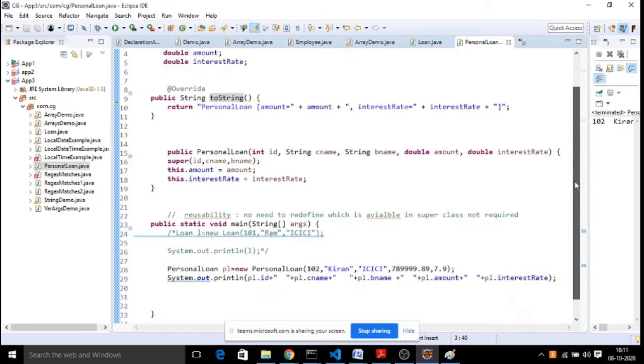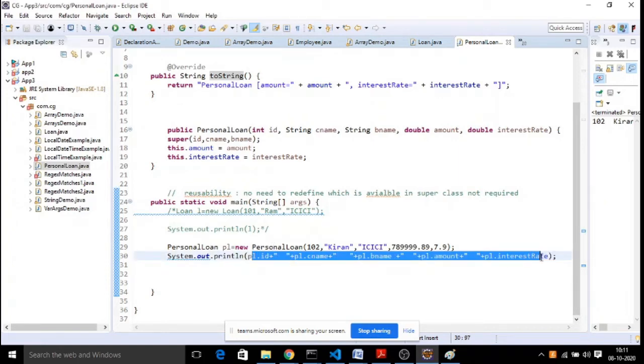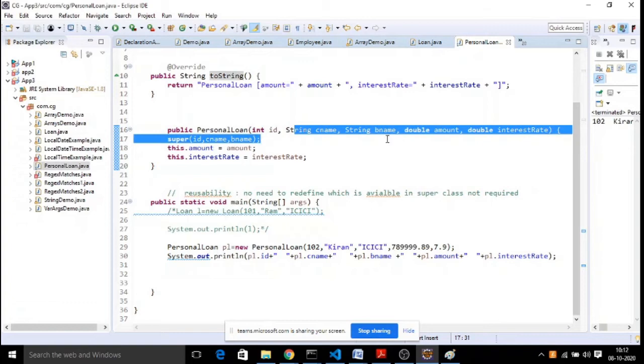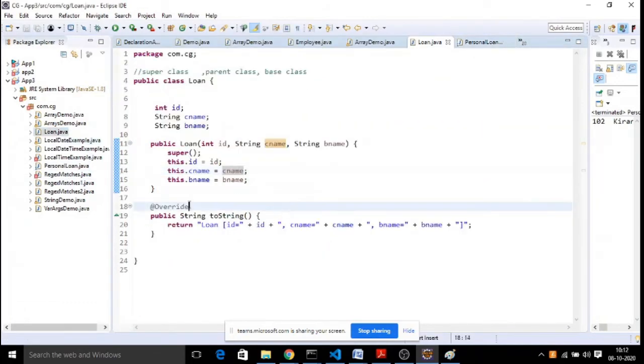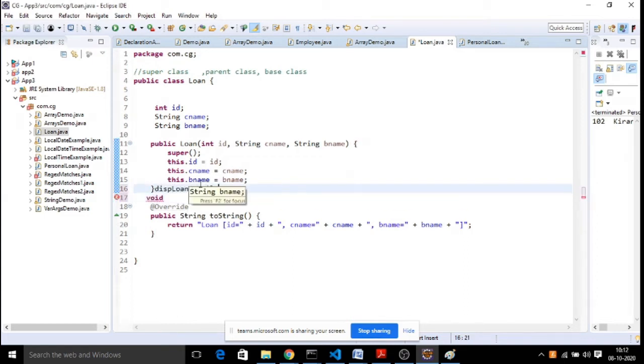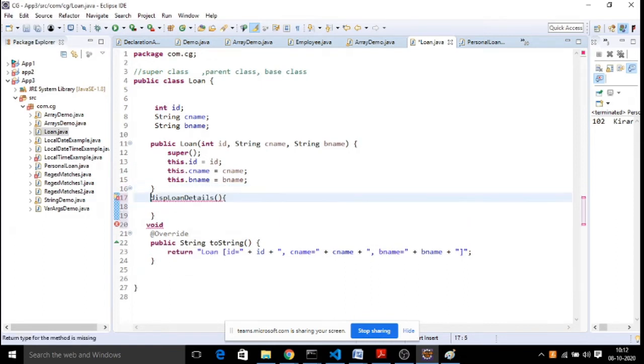Now all the parent class properties are acquired into the subclass. With the subclass object you are able to call your attributes, your functions and all the properties. You are able to call your constructor as well, right? With this itself you are able to construct your superclass. You are invoking the constructor. You are getting the properties. Now let us check with a function. Function is simply, I wanted to display some loan details. Disp loan details is my function, within which, though I have my toString function,